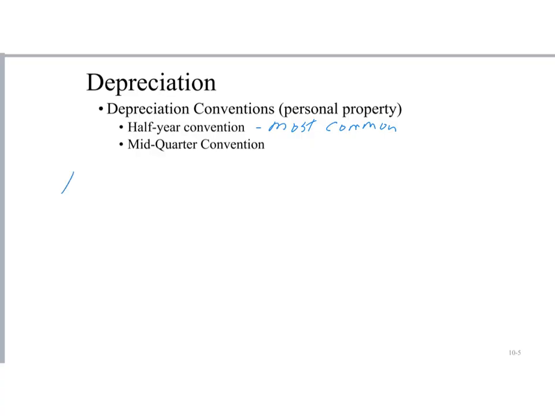So let's talk about half year first, okay? What does the half year convention say? Well, the half year convention says you get to recognize 1/2 of a full year's depreciation